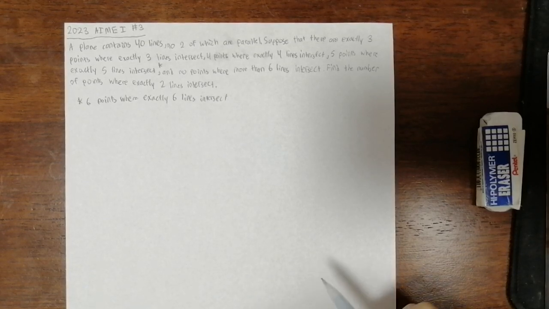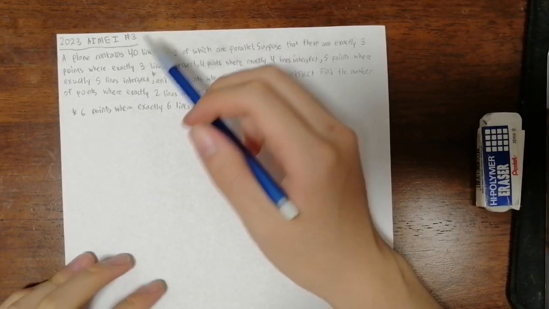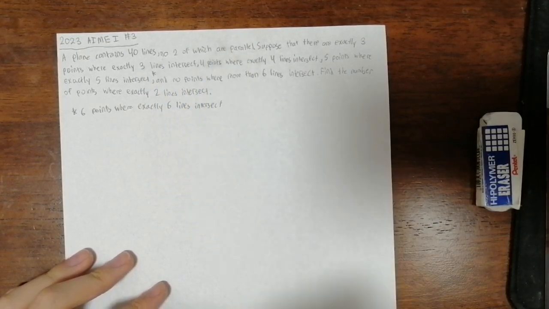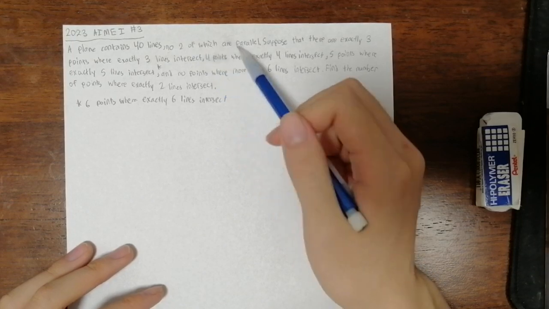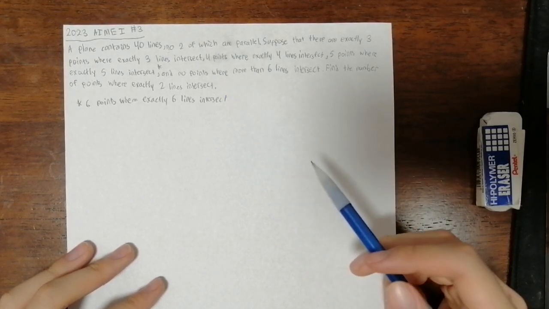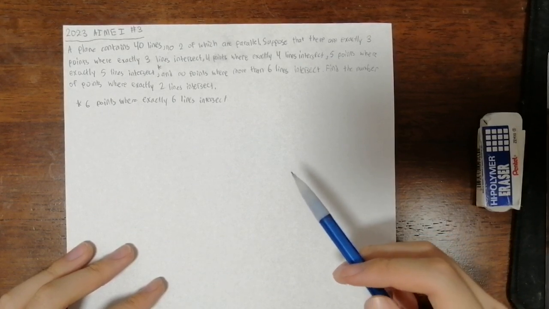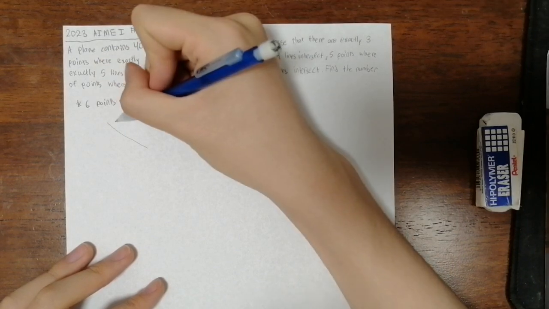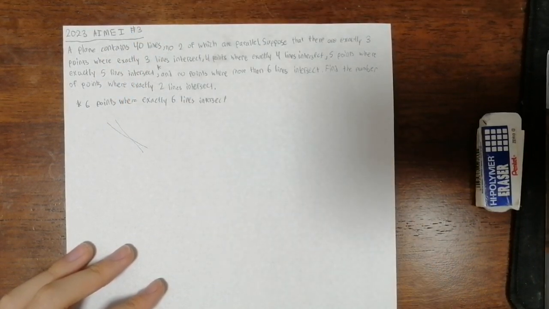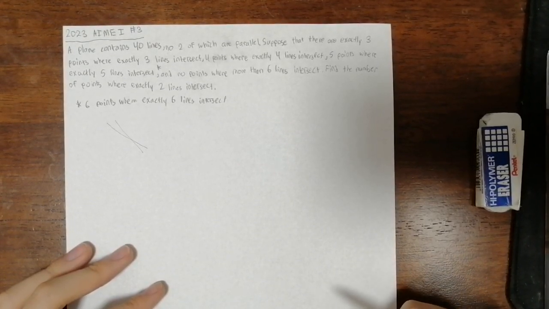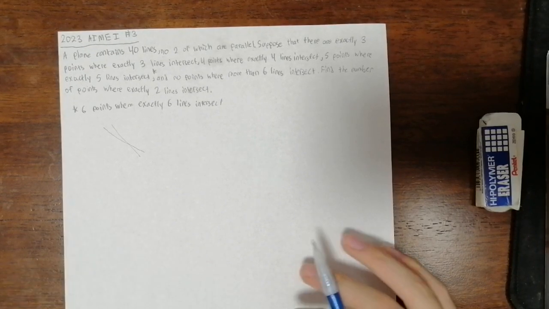So, first of all, this first sentence is really important. No 2 of them are parallel. So any 2 non-parallel lines will intersect exactly once, because they're just going to pass each other eventually, since they're not parallel. So for the number of total intersections,